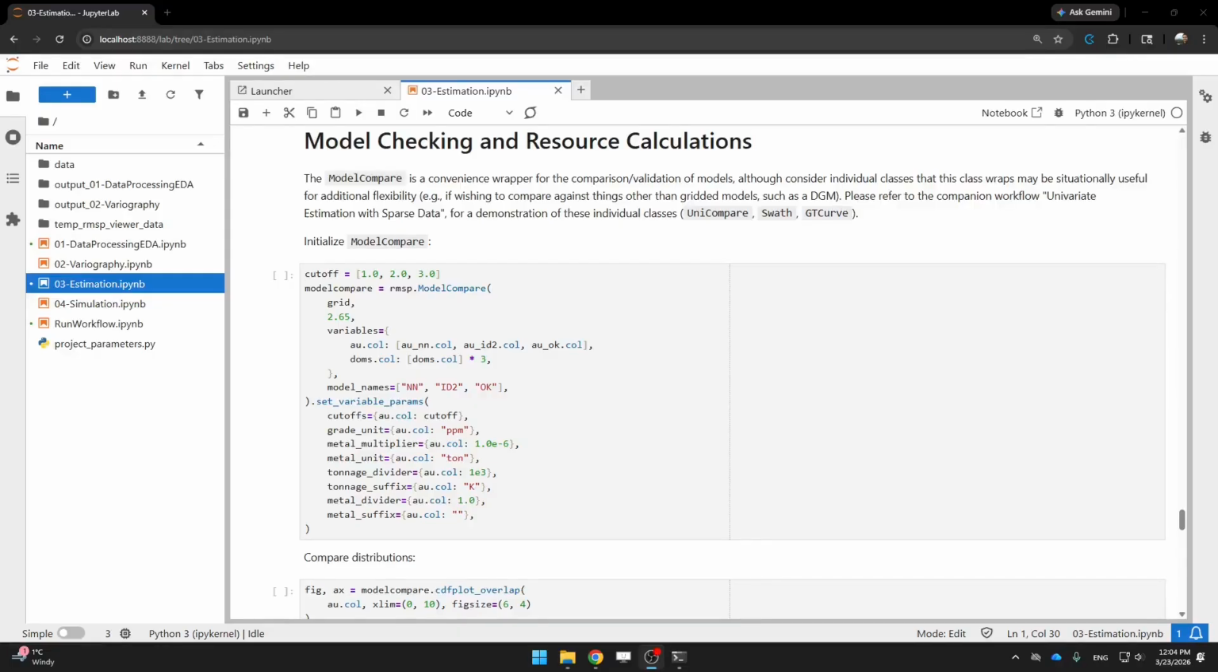Now that we have calculated the declustering weights for the reference distribution definition, we have performed several estimations for validations such as nearest neighbor and inverse distance, and we also have our final estimated model of ordinary Kriging. We can move ahead and do some extra validations and model comparisons. For the extra validation and model comparisons, we are going to be using the class